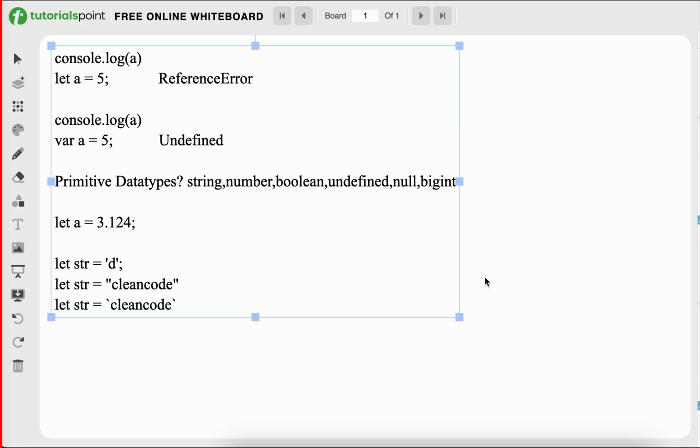Okay, can anyone tell me what is the type of null? And the type of undefined also.